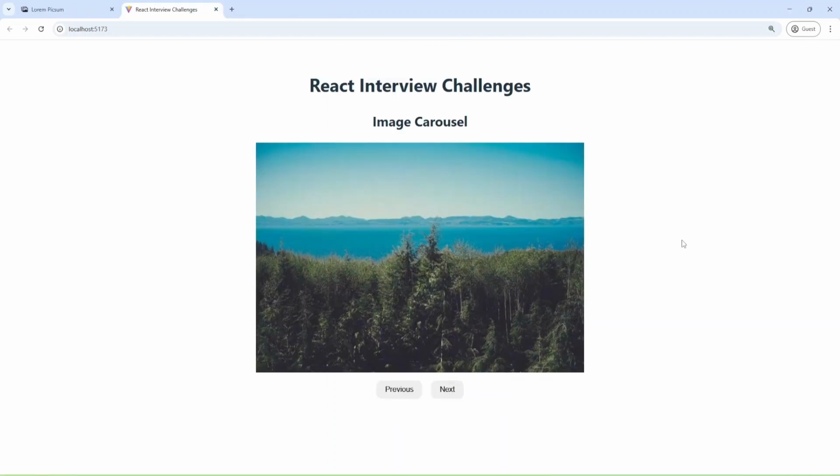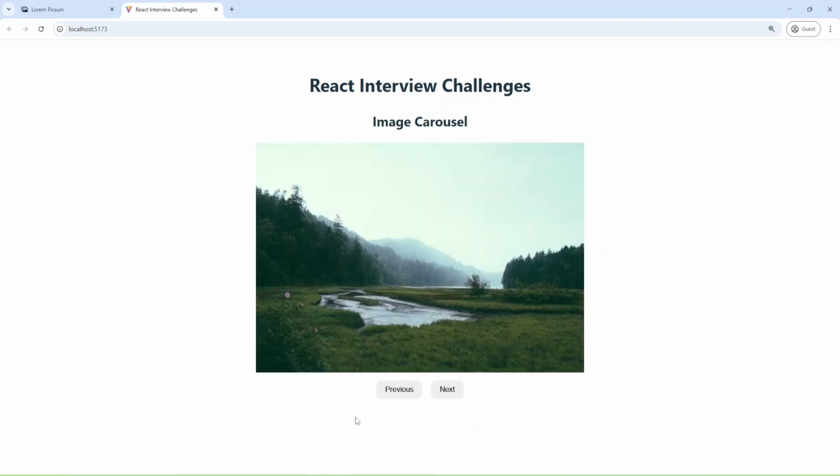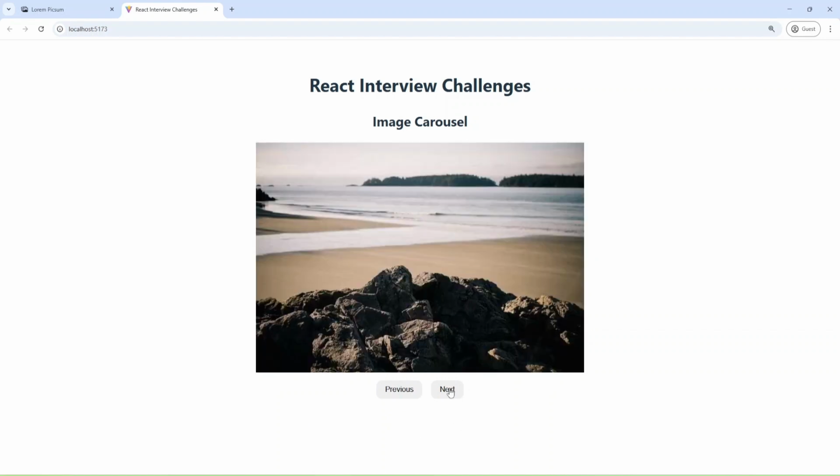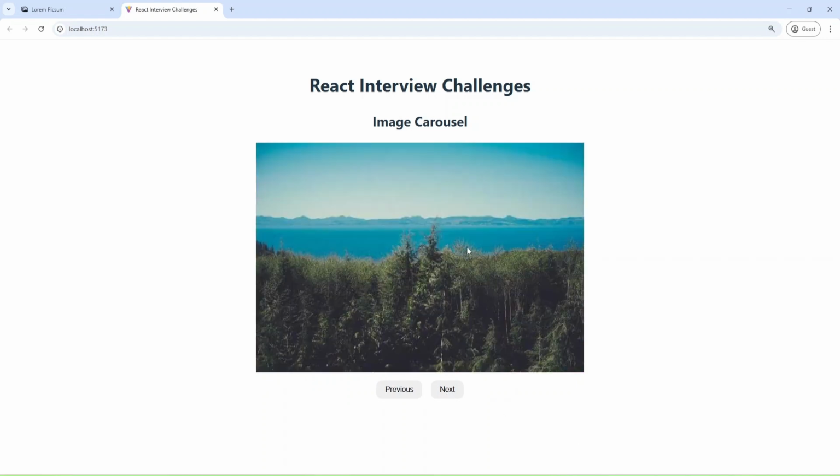Today I'm going to provide and explain the solution to the image carousel React coding interview task. Let's take a look at the design. As you can see, we have some headers, an image, and the buttons previous and next. And when I press the next button, I see the next image, and also I can return to the previous image by clicking the previous button. And also I can navigate between images by clicking the buttons, and then I'll go to the beginning, and also I can go to the end.